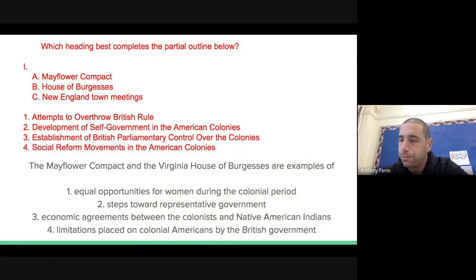Okay, so very similar to yesterday, we are going to answer the questions based off of what we see, and then we'll get to the assignment. Which heading best completes the partial outline below? So what this means is we have 3 topics: the Mayflower Compact, the House of Burgesses, the New England Town Meetings. What is the best title of these headings? So if you get the answer, you could write it down